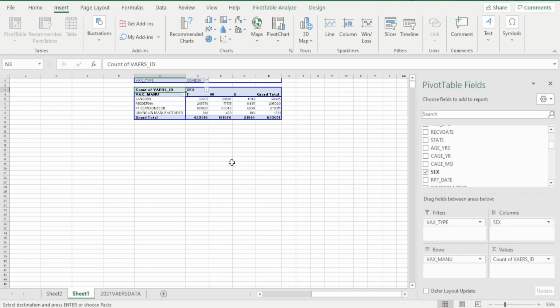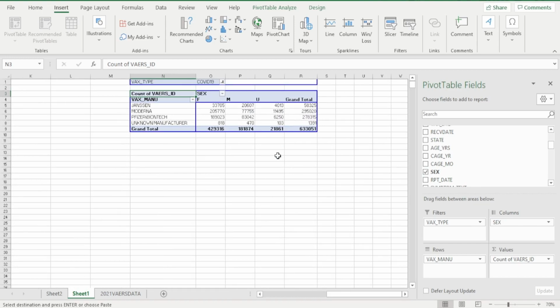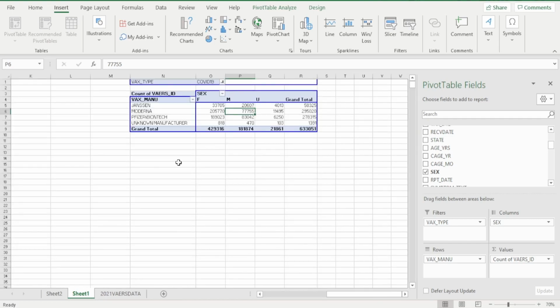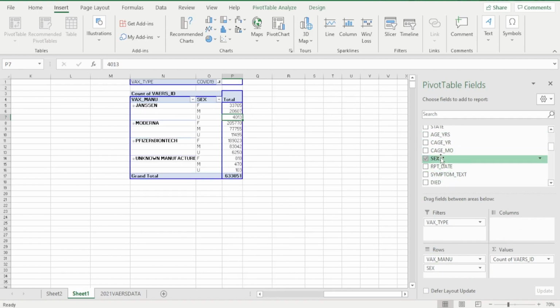So the number of cases reported by sex, it looks like female are at 429,000 total cases and males at 181,000, with 21,000 of people who don't know what they are. Sounds about right. It looks like most of the female cases came out of Moderna and most of the male cases came out of Pfizer-BioNTech, right? See what I'm doing there? Now let's look at another thing. Let's look at age group, right? So we're going to add sex to the bottom here, and we're going to throw down